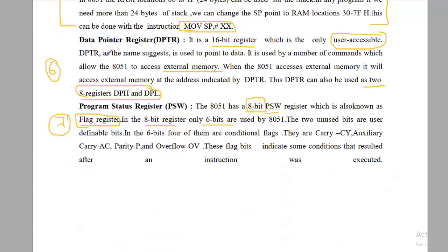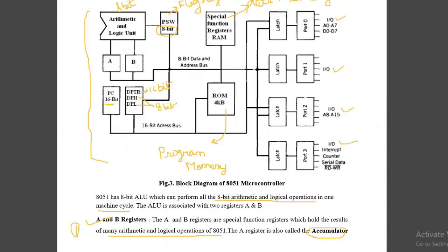So next is the data pointer register, which is a 16-bit register, and it is user accessible. It is used to access the external memory. Okay, we will be going through what the external memory is in a later section. So by now I think you should remember that the data pointer register is used to point to the external memory. Okay, so it has two 8-bit registers such as DPH and DPL. So let me show you where it is. As I have already mentioned in my previous section, the data pointer is 16-bit and it has two 8-bit registers such as DPH and DPL.